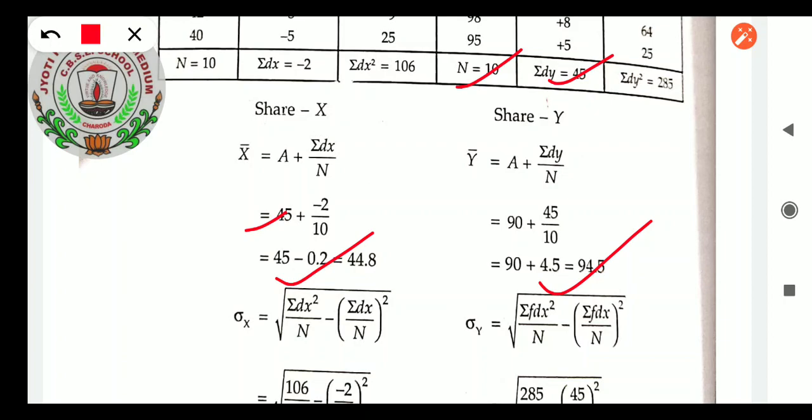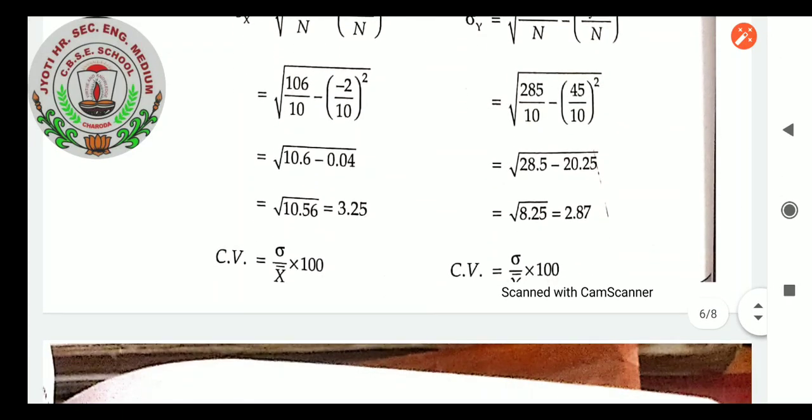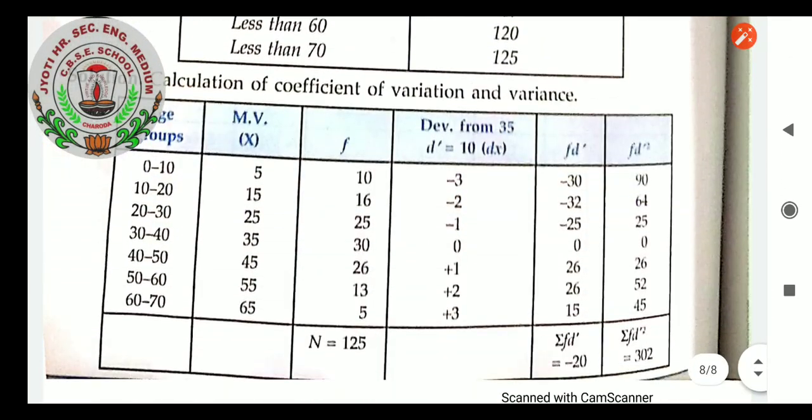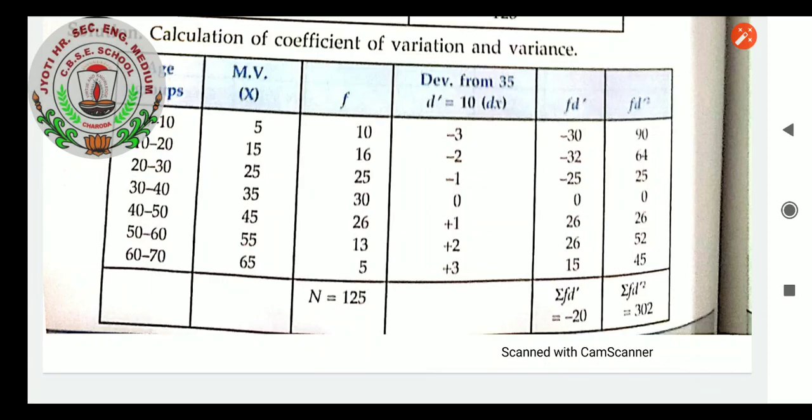Then for standard deviation you will put the formula, as I already explained in my last classes, for the individual series. After that you proceed with the coefficient of variation, CV equals standard deviation upon mean. I hope you can practice now. The whole chapter is completed. We will not be learning the Lorenz curve, only up to coefficient of variation. So practice every type of question. Tomorrow onwards we will have revisions of all the chapters in the post-midterm term. Thank you for today's class. Have a nice day.